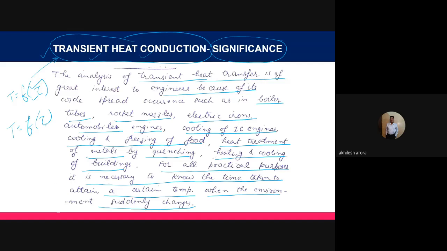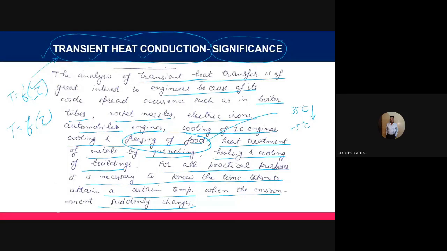So basically, for example, if we are talking about the freezing of the food, now the outside temperature, suppose if it is summer, is 35 degrees Celsius, and you are carrying out the freezing of the food. That means you want a temperature of minus 5 degrees Celsius. So you are reducing the temperature from 35 to minus 5 degrees Celsius in a certain period of time. So it is important for us in how much time the food will reach its freezing temperature actually.